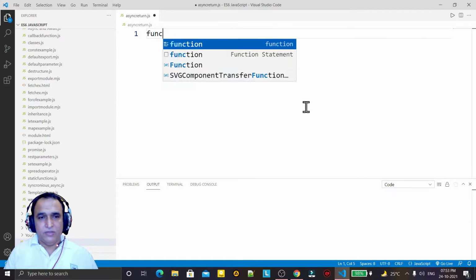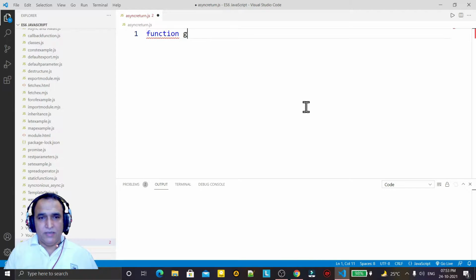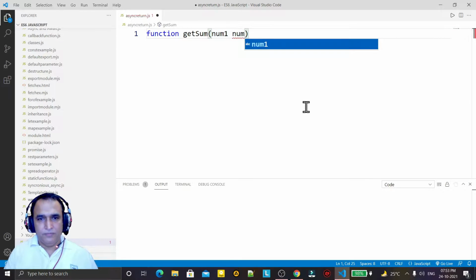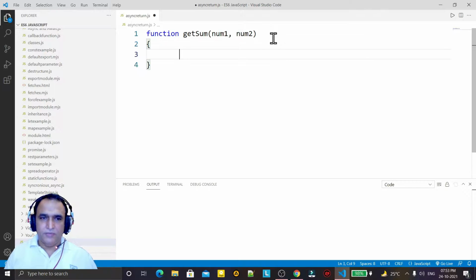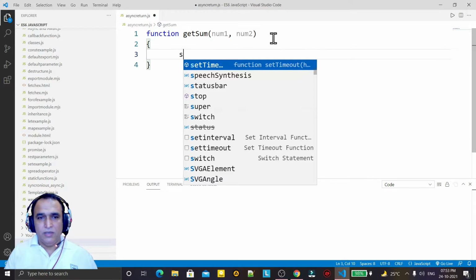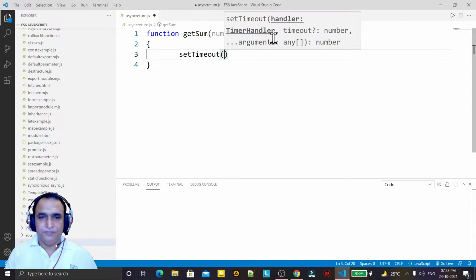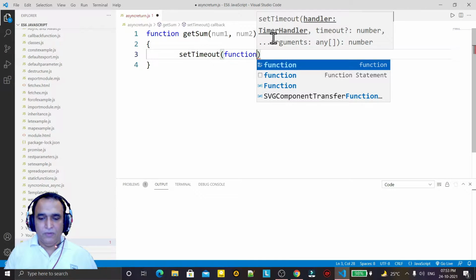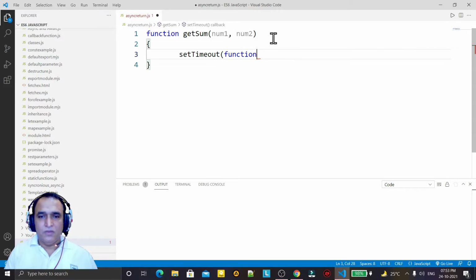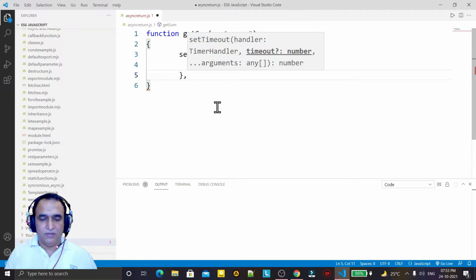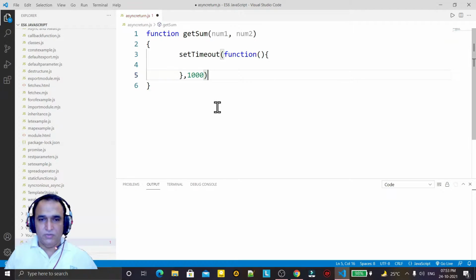We have a function, for example, getSum. Here I am passing two parameters, num1 and num2, and in this function I am calling the function setTimeout, which is an asynchronous function. Here I am passing a function, and I am setting the delay so that after 1 second this function should execute.